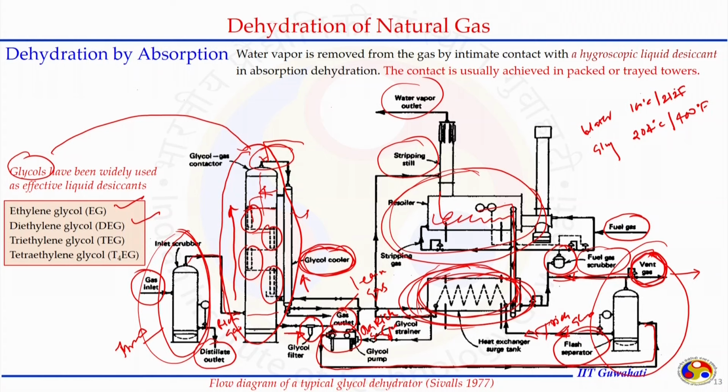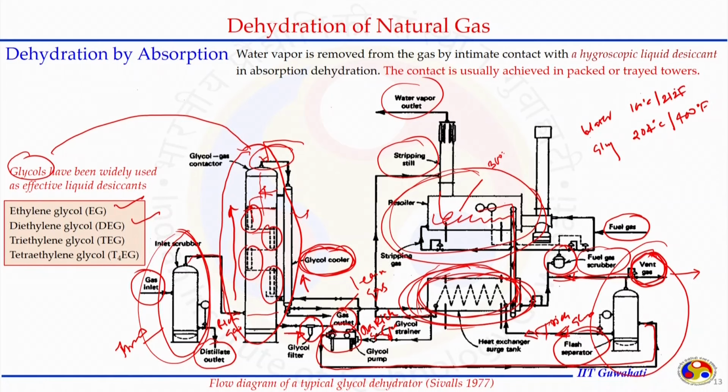So, the efficiency of this process compared to the adsorption process where we had the solid: first thing is it does not need to shut down the process or need an additional tower. The regeneration is done in terms of reconcentrating the glycol. If any losses of glycol happen because we are exposing the glycol to higher temperature, makeup of the glycol is easy compared to the solid dehydration process, where we have to change the packing after a certain time.